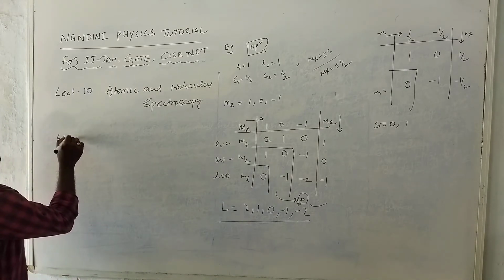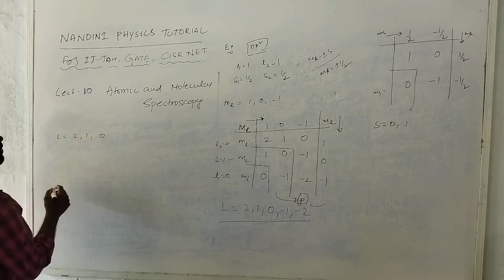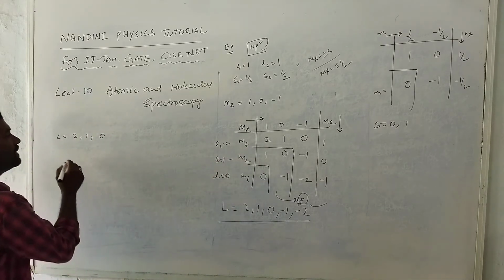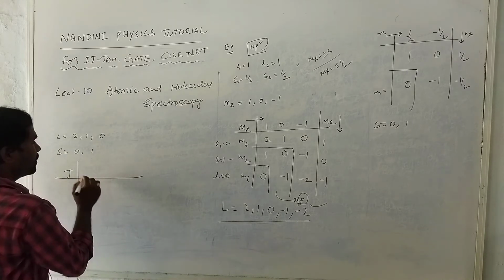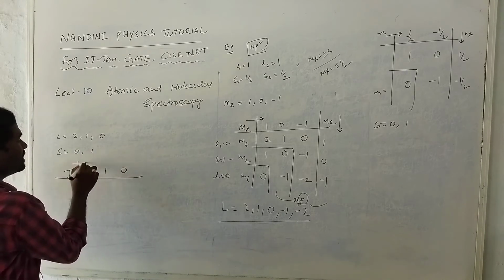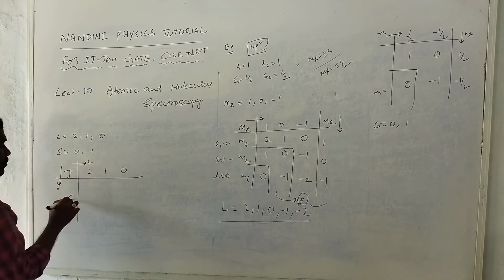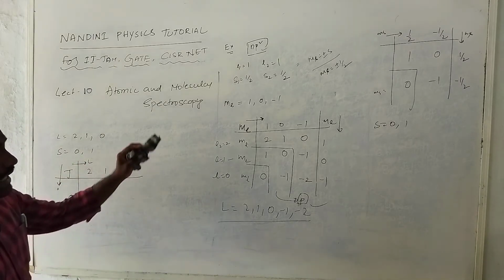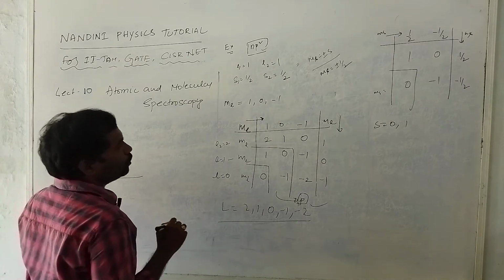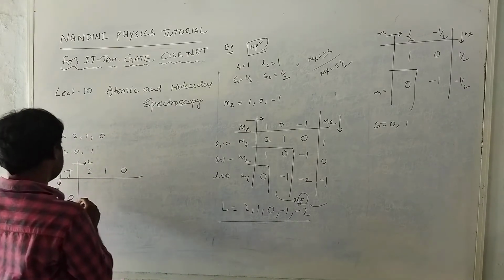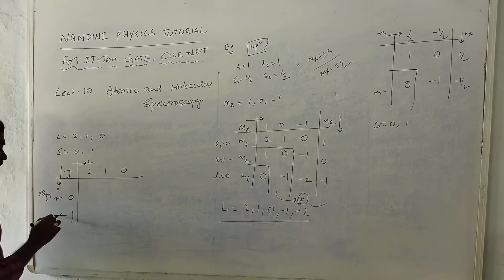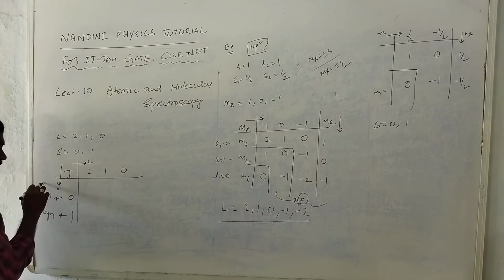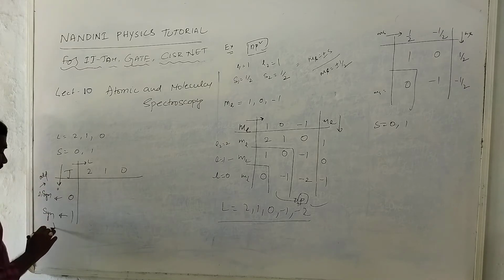So here L value starts from 2 comma 1 comma 0, and S value starts from 0 comma 1. So take 2 comma 1 comma 0 as the L values, and take S values like that, 0 comma 1. But in equivalent electrons we can use two techniques to find out, because this is actually the term for an antisymmetric system and this is the term for the symmetric nature, because it shows odd values. Antisymmetric means odd value and symmetric means even value.